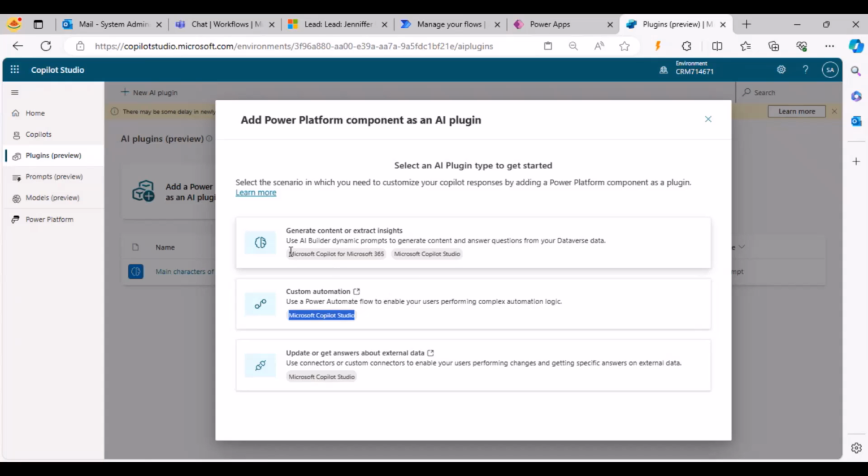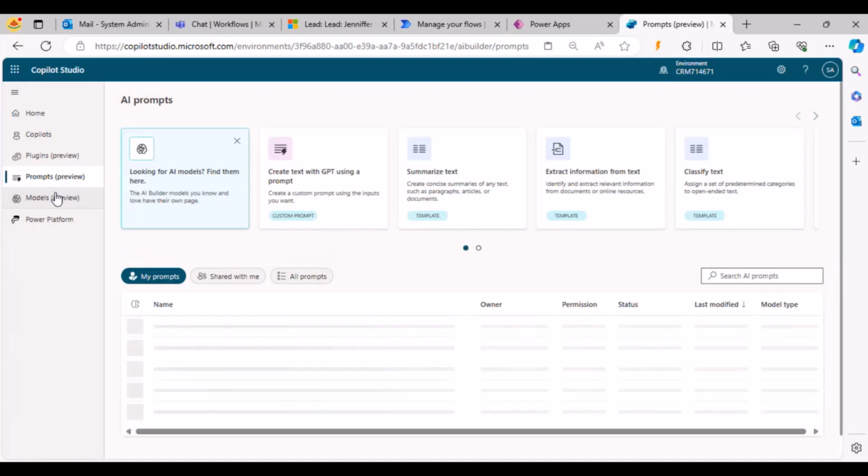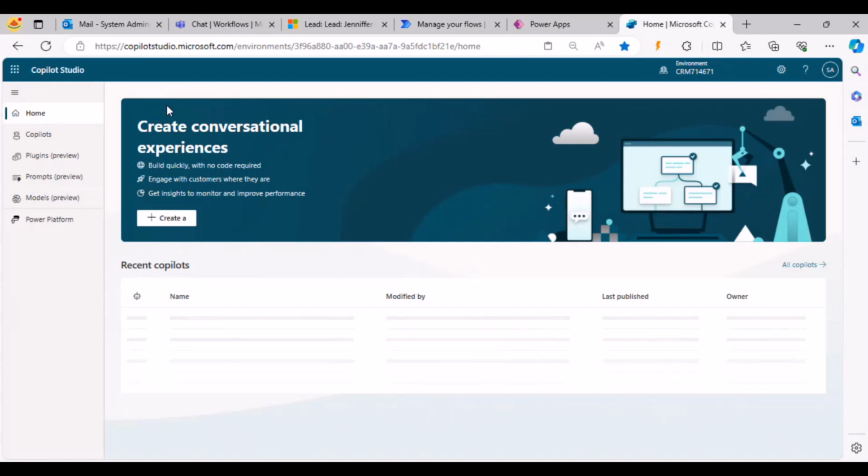stuff you build. So in this case, it's going to be for Microsoft Copilot, for Microsoft 365, and also for all the copilots that you build through Copilot Studio. So whenever you see Microsoft Copilot Studio, those are your copilots, your formerly Power Virtual Agents. Okay. So you will have plenty of stuff here. Really, we don't have the time at this moment to do a full demo of those. But for instance, something that I would suggest